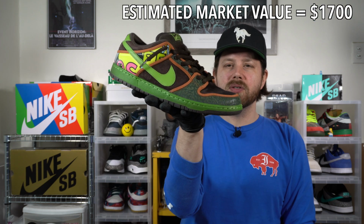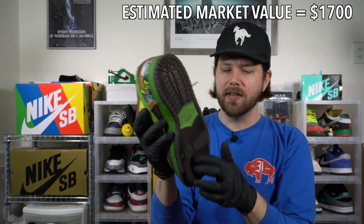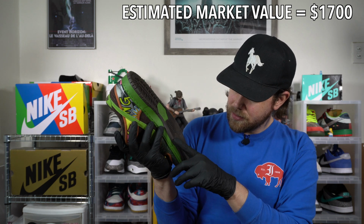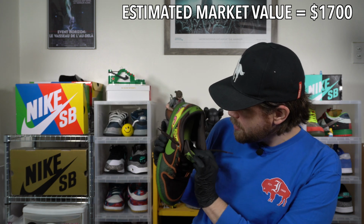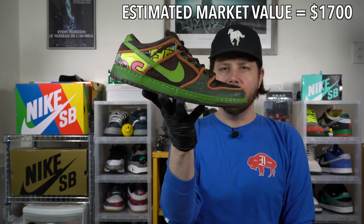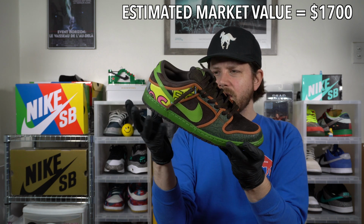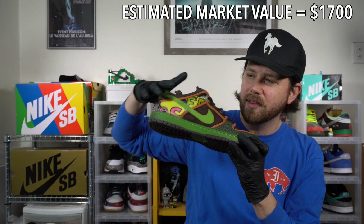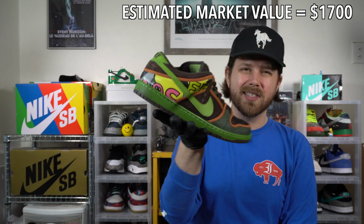Overall, though, the shoe's in pretty good shape. The outsole with a little bit of drag on the heel. Star loss is non-existent or minimal, can't really tell. Insole is in good shape, it's got that Zoom Air. These just need a solid cleanup. It's a very good mix of materials on here. You got textured leather, suede, flat leather. There's like this, I don't even know what that ankle collar and the counter is like, because it's almost like